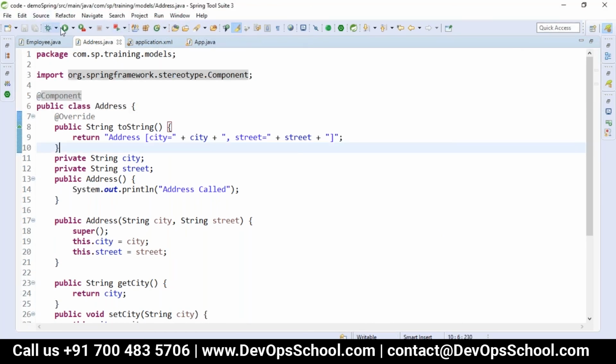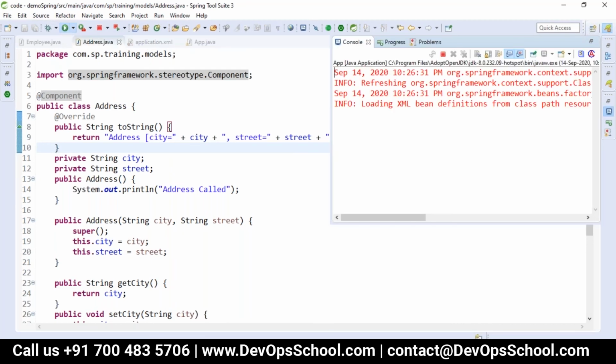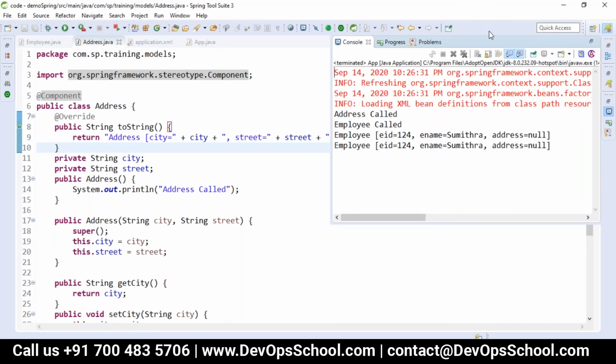So now after the component, when we run our application, we are able to get the same, which is employee and e-name address. But here address is not available, because we have not done the auto wiring.